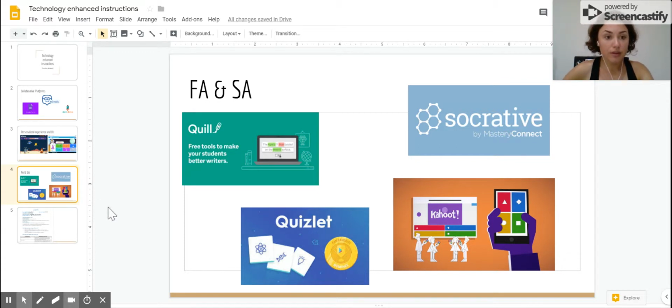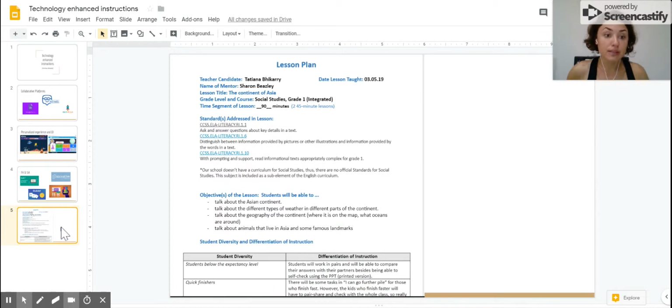So, speaking of analyzing, one of my colleagues kindly provided me with a lesson plan, and I had a chance to look at it. The lesson was about the continents, and the continent of Asia in particular.